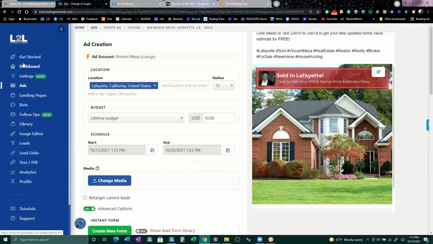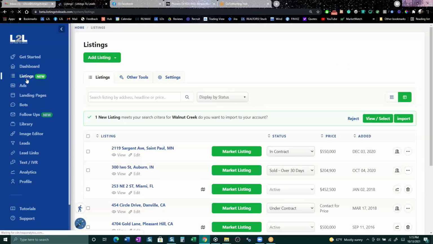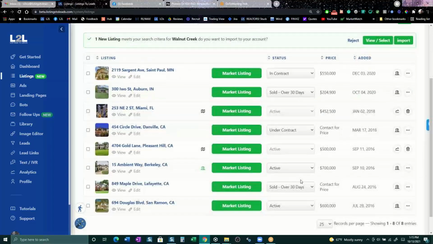So if the listing is not sold, does it go to a just listed then? Well, whenever a listing hits our system, it usually comes in just listed. Okay. So I tried to do a listing ad, and with one of my listings, now it's still actually canceled now, but